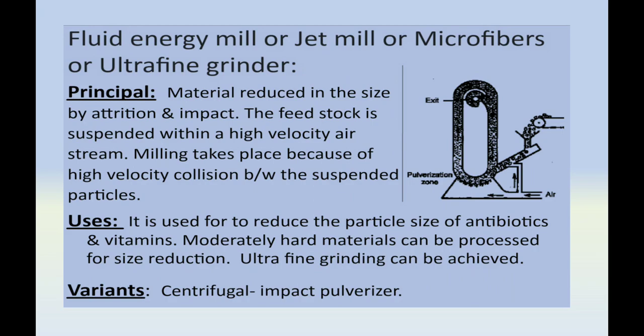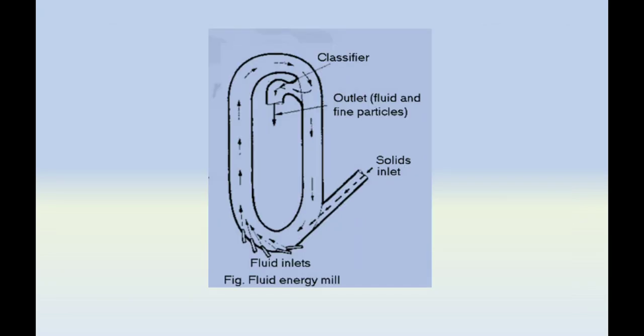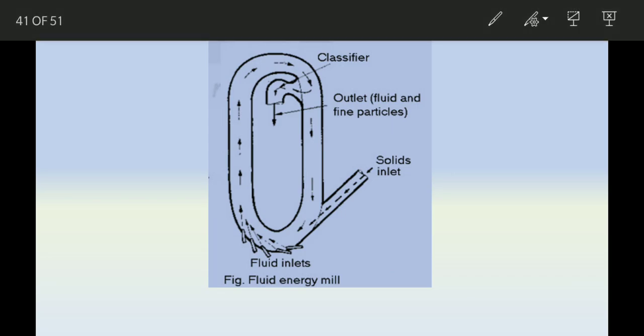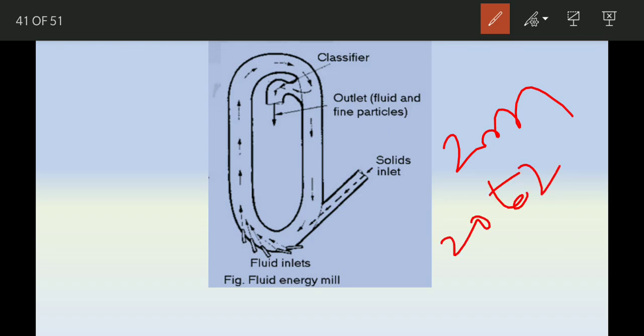Now let's talk about the construction. Fluid energy mill consists of an elliptical pipe which has a height of about 2 meters, and the diameter may range from 20 to 200 millimeters. The mill surface may be made of either soft stainless steel or tough ceramics. Usually mills are constructed such that the contact surfaces are merely linings which can be removed or replaced if excessively eroded after use.